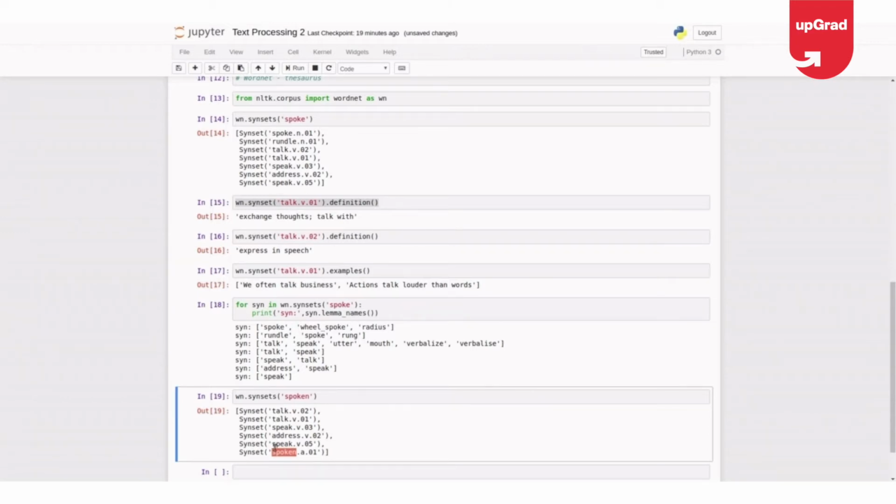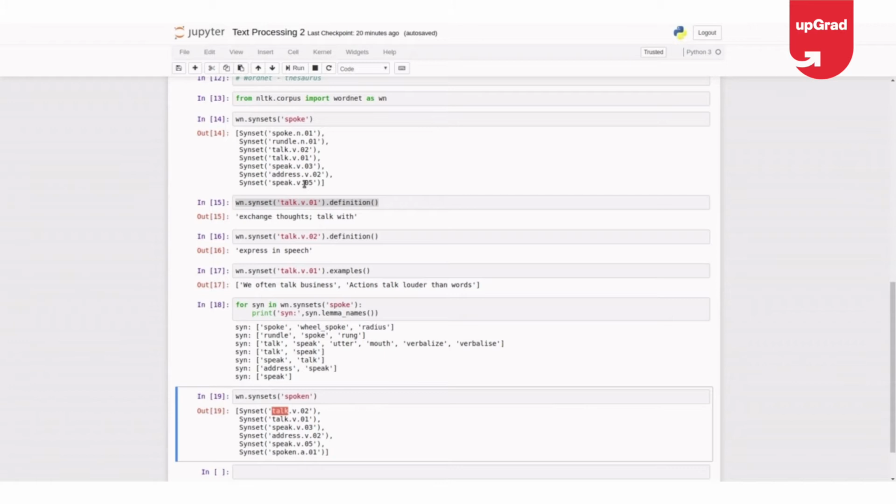Okay. So WordNet lemmas like spoke and spoken are nearly same if you see this. So we need not reinvent the wheel based on the worded understanding. We can just get the root word. See, the root word for spoke and spoken are same, like talk, or the lemma name is same, talk. So these versions differ based on the way you write. So it can be a noun or a verb or adjective based on the usage. So that's why it's giving a lot of different versions if you see, and also different whether it's a verb or whether it's a noun.